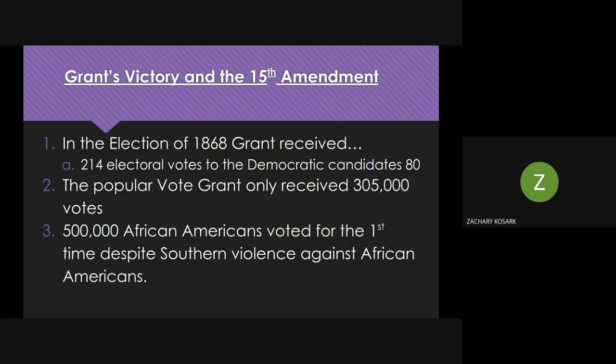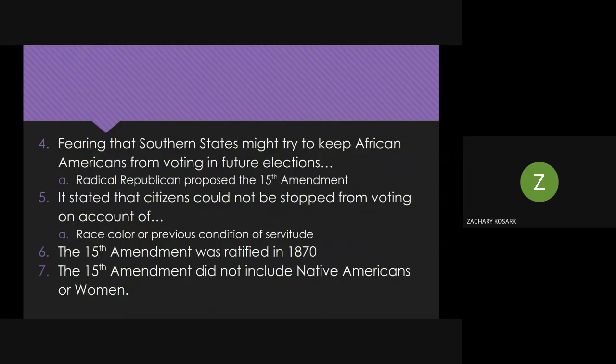500,000 African Americans voted for the first time, despite a lot of the violence against African Americans and a lot of the intimidation tactics that the Ku Klux Klan would use to try to keep African Americans from voting. Ulysses S. Grant is definitely more...